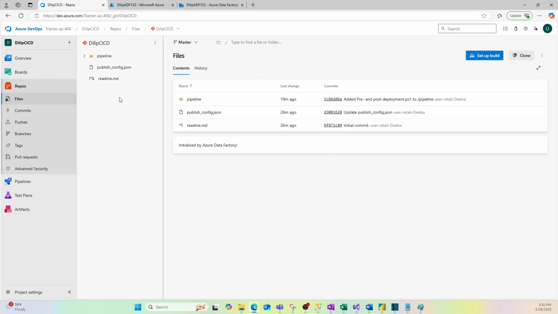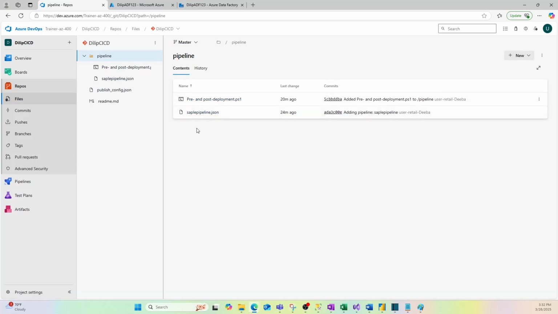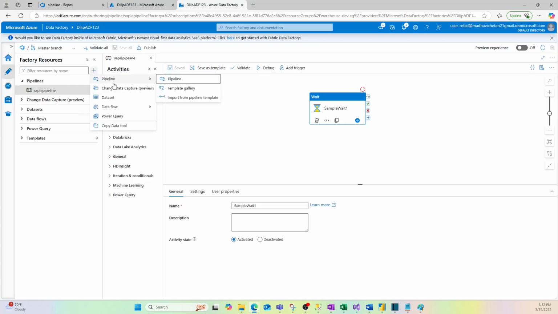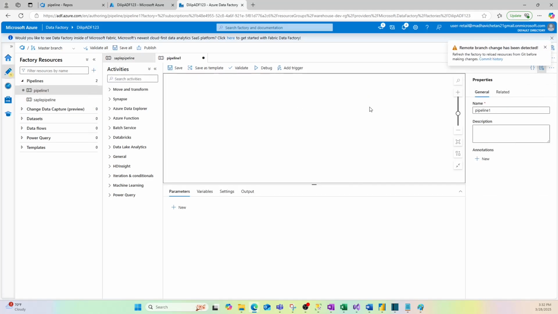It would have something for this package. If I click on this package, it doesn't have the sample pipeline right now. So this is what was configured 24 minutes ago. Let me make a change on ADF. Let me come here and make one more pipeline. So let me create another pipeline,